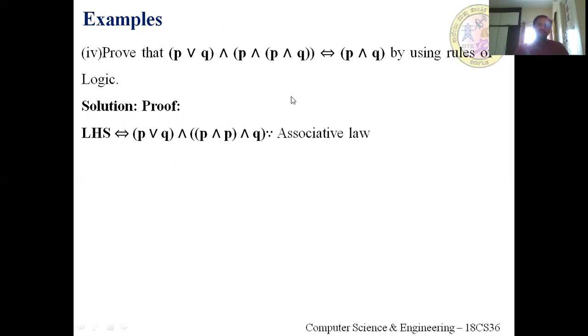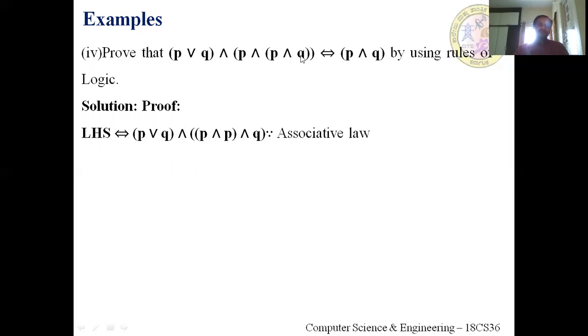When the operators are same, for example, 2 plus 3 plus 5 is equivalent to 2 plus 3 plus 5. Whether you place the parentheses in any one of the operands, the value remains the same. Similarly, 2 into 3 into 6 is equivalent to 2 into 3 into 6. Just to replace the parentheses, the value will not change. If the operators are same, we can apply the associative law. That's why I applied here.